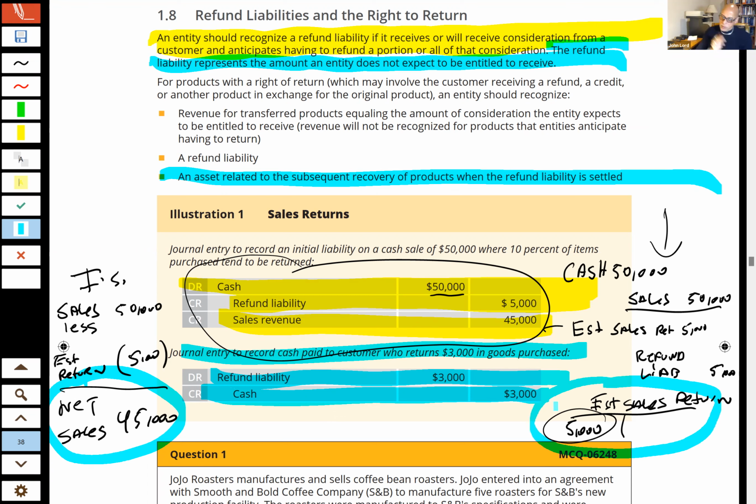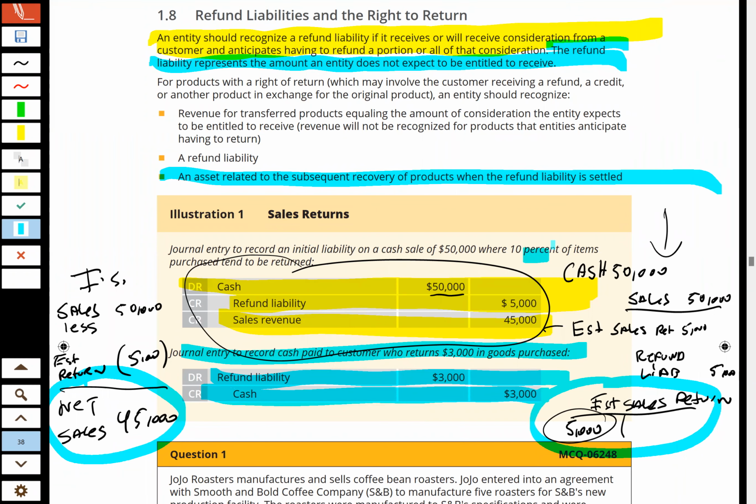I would still do it this way though, because I want to know what my estimate on my returns is going to be. And I guess I could get it through the refund liability account, but I'd like to have that information available. I mean, in accounting, you could keep track of anything you want. So I would do it this way, the way I'm showing you, but I see what you're saying. That ultimately, if you close that, then it doesn't matter.